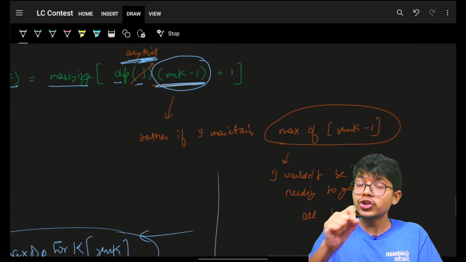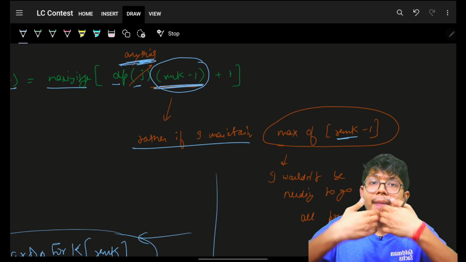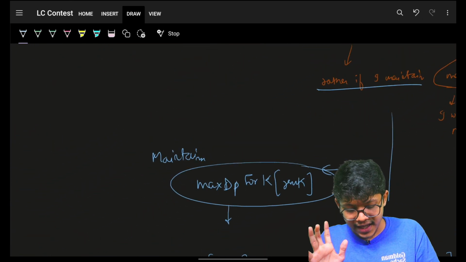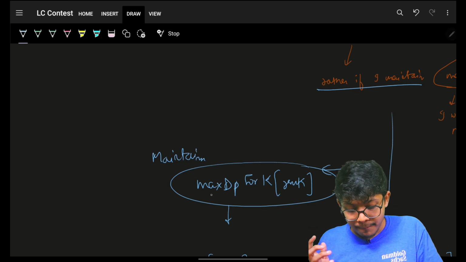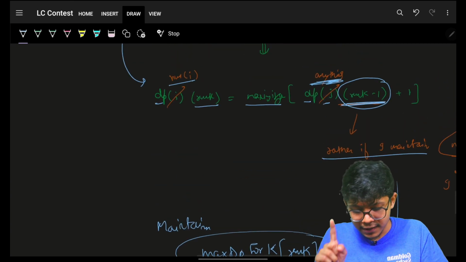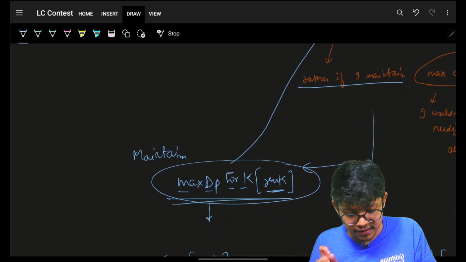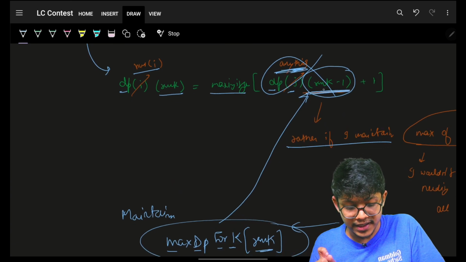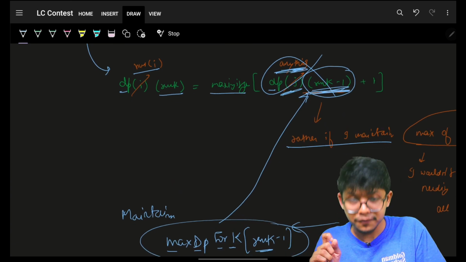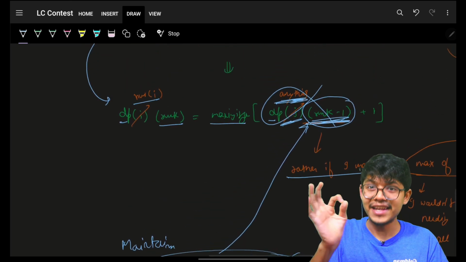So I should rather maintain, for a specific remaining k, what is the maximum dp value it can have. And thus, if I maintain this, I can just maintain one more vector saying maximum dp for a specific k, and I will pass in this remaining k. This will give me the maximum. So I can just replace the entire thing with this. Again, here the remaining k is remaining k minus 1, so just write remaining k minus 1. If I can replace this entire stuff by this one vector, and voila, you have solved a very big issue,